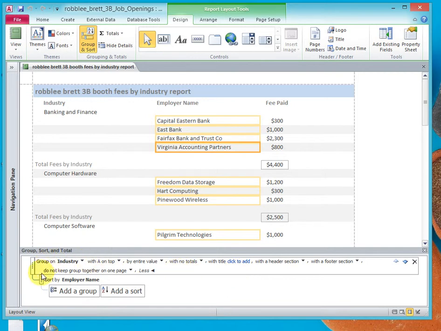But the one we want to look at right now is do not keep grouped together on one page. And we're going to click the down arrow and notice do not keep grouped together on one page, keep whole group together on one page, keep header and first record together on one page. So I'm going to select the middle one, keep whole group together,